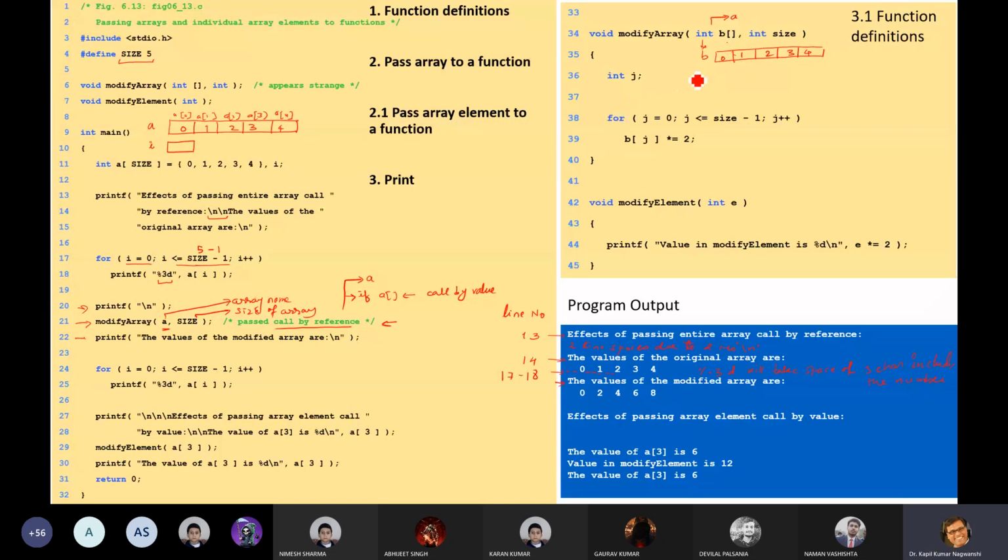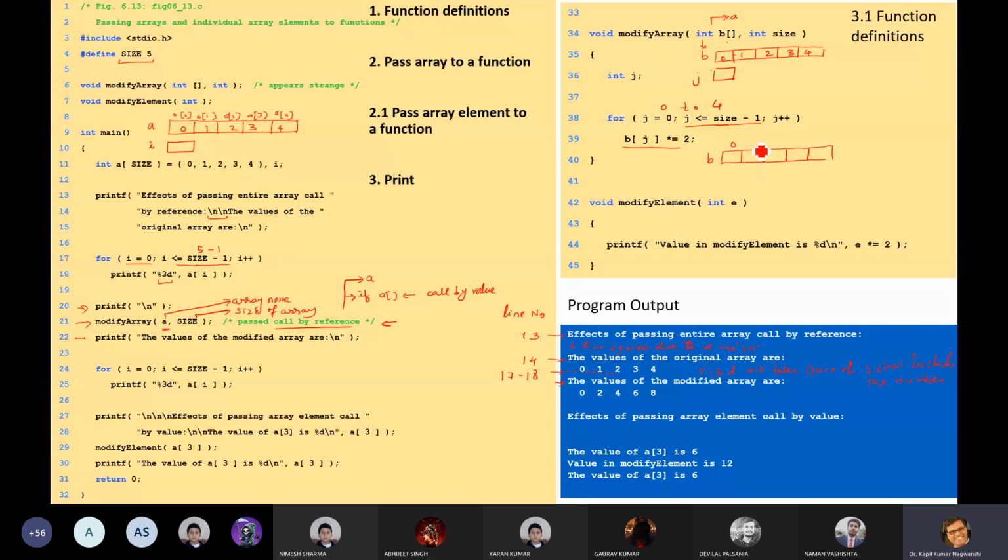Now come to integer j. So j is given here, for j equals 0 up to 5, that is 0 to 4. Now what is written? B[j]. Okay.